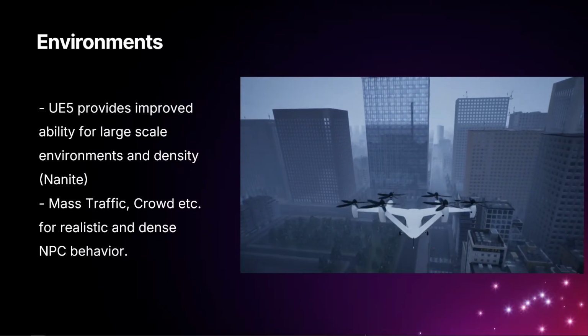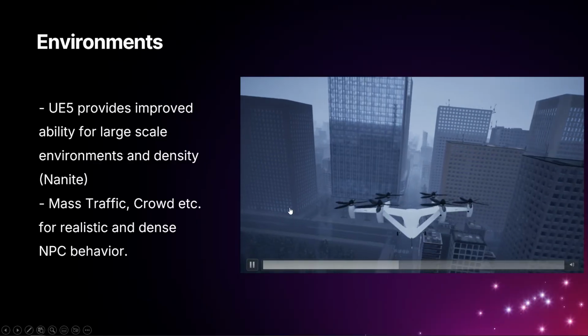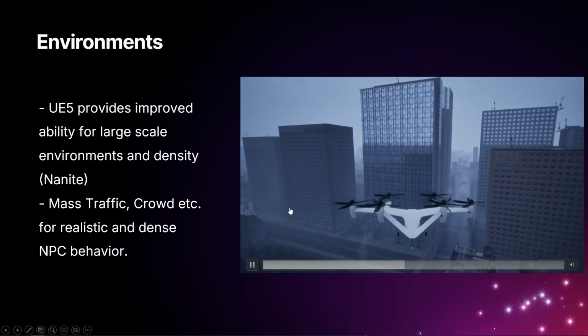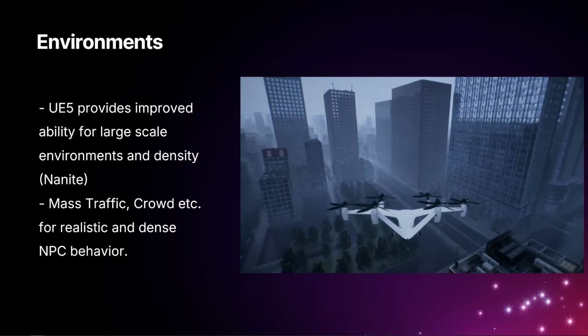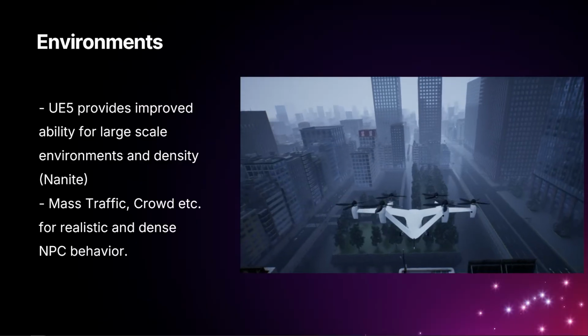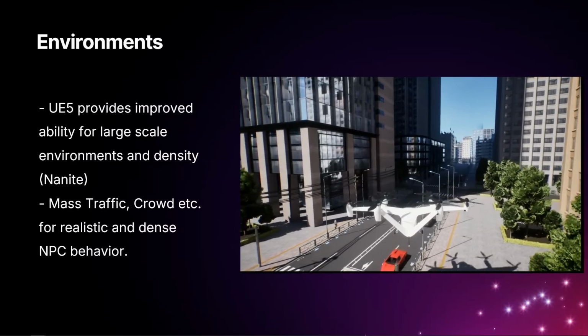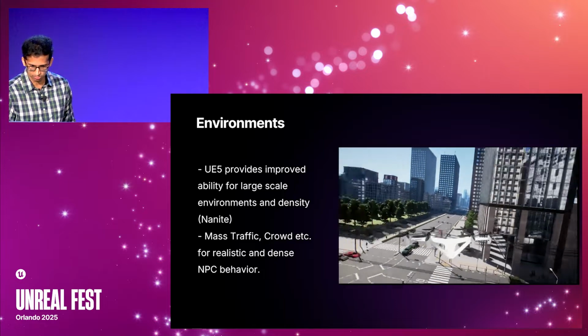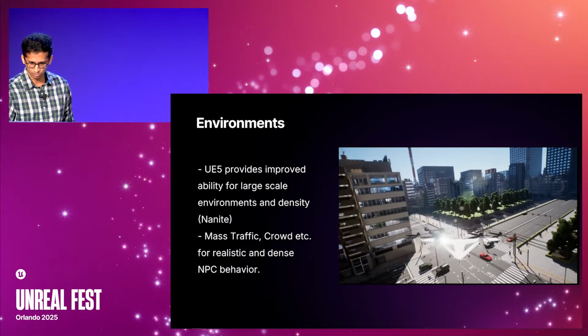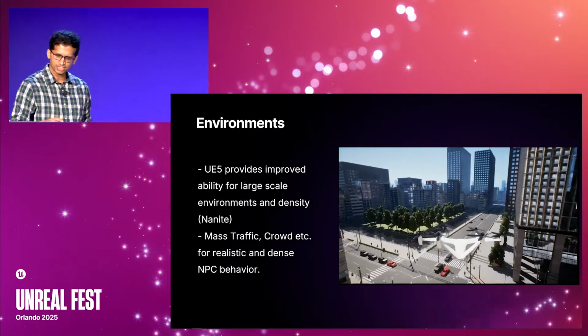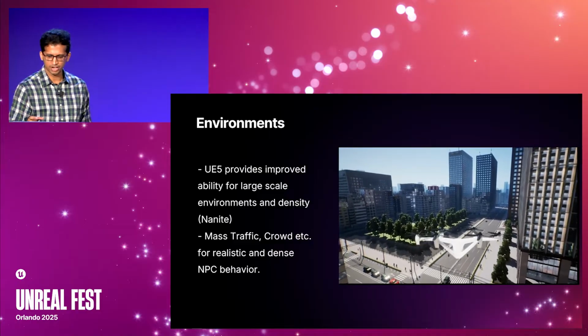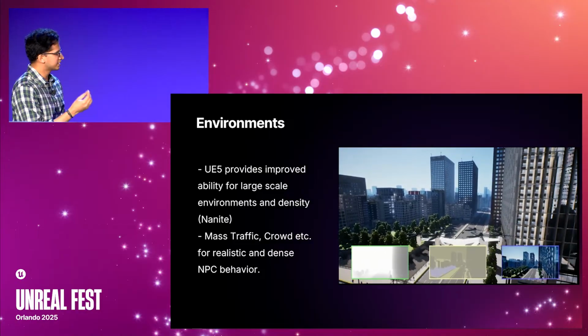It might be a little hard to see, but there is actually some traffic down there going through the roads. And in this video, we were varying the weather conditions and so on. So this is all running on Unreal Engine 5 through our AirGen sim. And this is probably not a very safe thing to do for an eVTOL, but we just wanted to showcase the road level details. So you see all the reflections and the glare and some of the traffic and so on. All of those things matter.